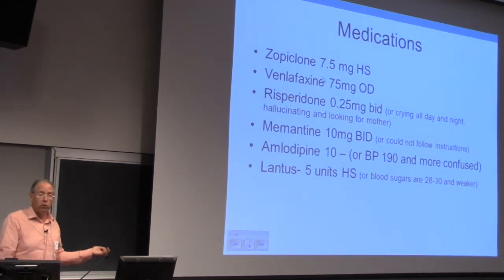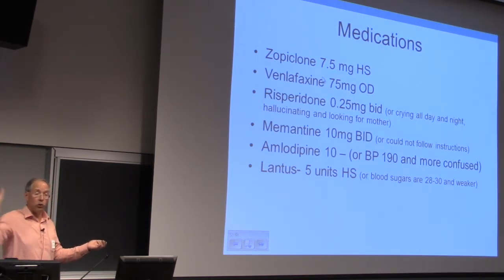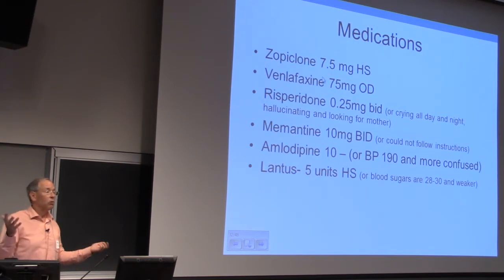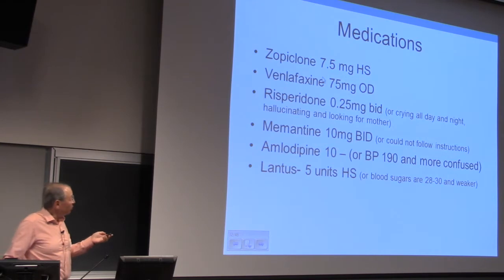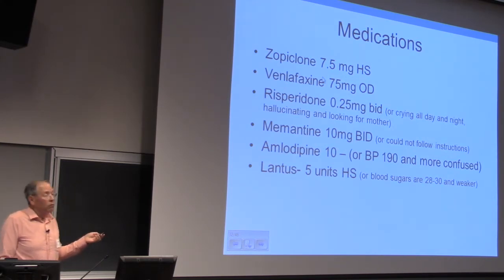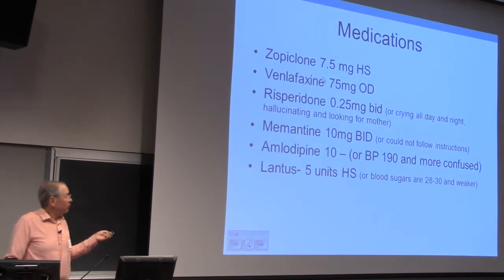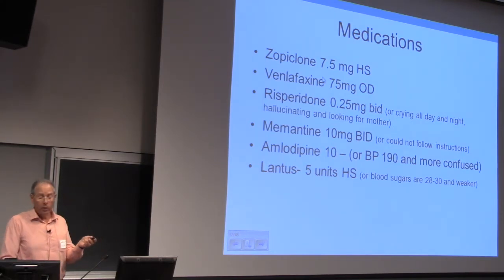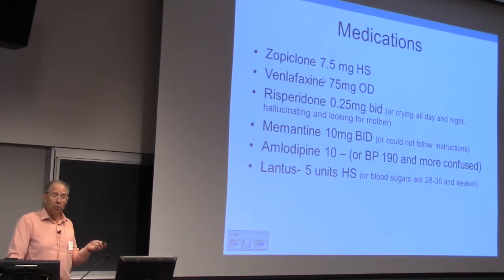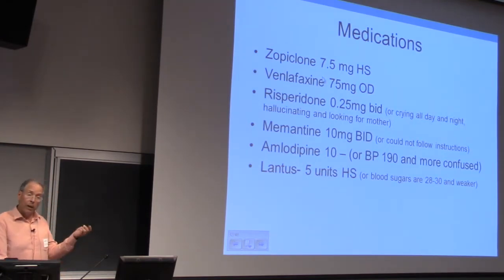She couldn't follow any instructions for her ADL care, like put your arm in here, and she couldn't really carry anything out. And she was on 10 milligrams of amlodipine. I'll just mention that for some people, with the blood pressure, she was off amlodipine because I was wondering what it was doing. Her blood pressure went up to 190, and she got more confused with that blood pressure. So we put her back on the amlodipine.